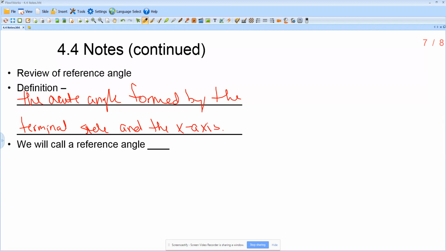You've already seen this, but I'll go back and talk about it at the end. We'll call a reference angle theta prime,